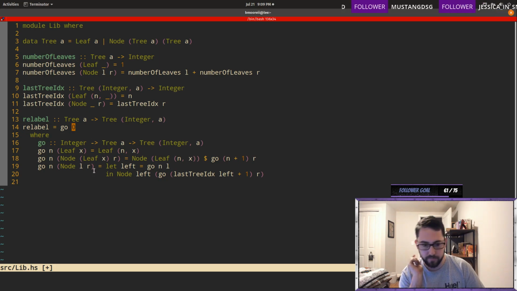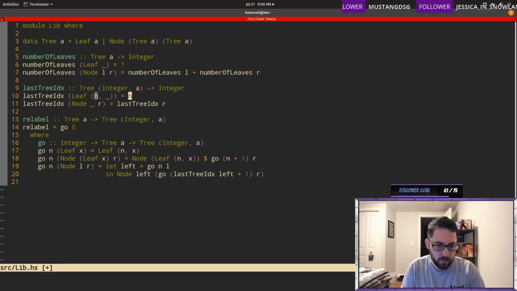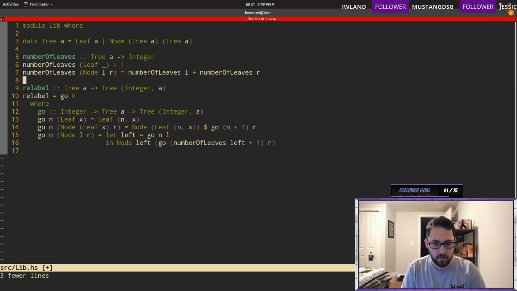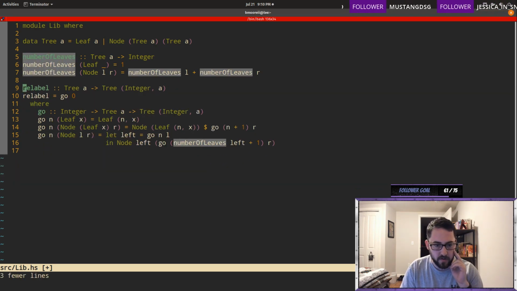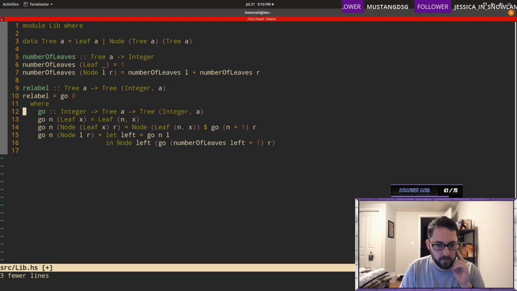Yeah, you're absolutely right. I don't need this function. That's a waste of time. You're 100% right. Nice. Good call. Let's do it that way because we don't need this extra function that depends on the internal type that we're using for this relabel. I like that a lot better, actually. This seems correct. Let's see if it terminates, I guess.